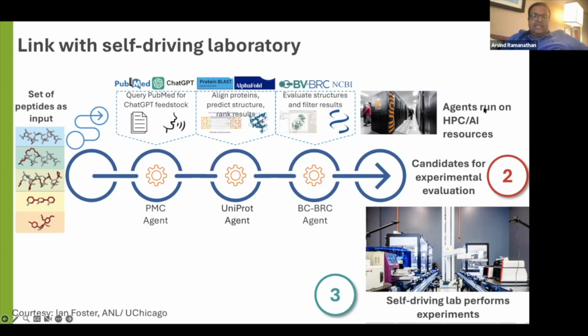And so the first step is all driven by the AI in terms of formulating what that hypothesis might look like. The second set is agents that are built to run these HPC and AI resources, where I showed you an example of this ChatGPT-like app, which could go and design new enzymes. And then you generate these candidates for experimental evaluations, where the self-driving lab performs these experiments and sends this back as part of the continuous feedback that